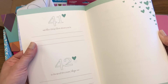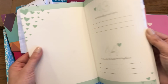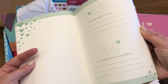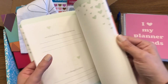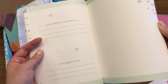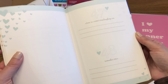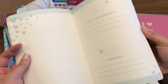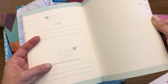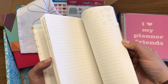"Another thing I love about you is," "In the next 5 years, I hope we," "Something only you and I get is," "One of my favorite things we do together is," "One of the best days we spent together was," "You've changed my life by," "A time we couldn't stop laughing was," "Remember when," "Never forget," "The thing I love most about you is." And then it looks like there are just some blank pages